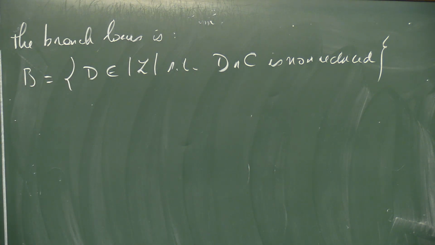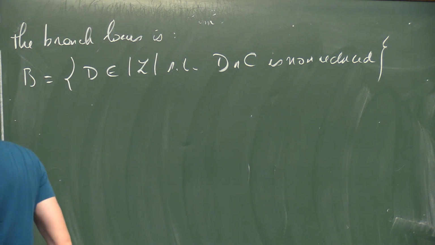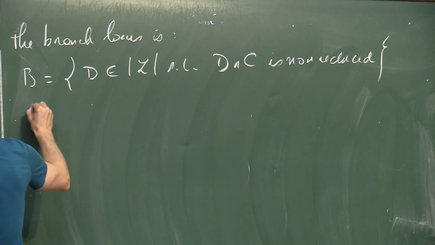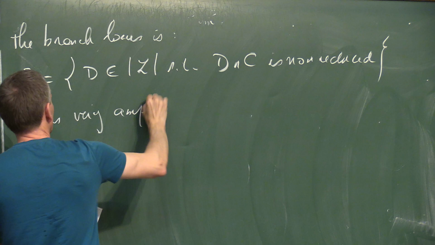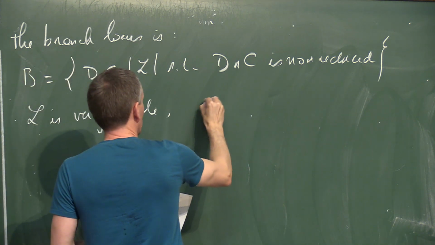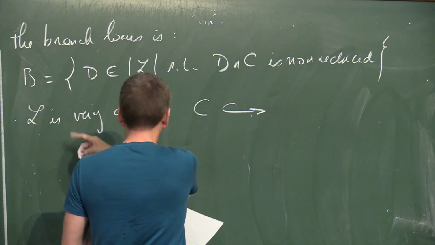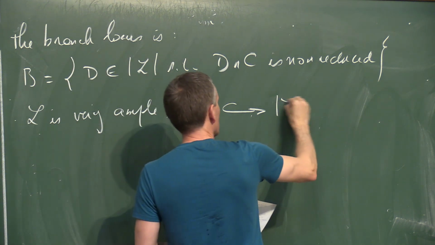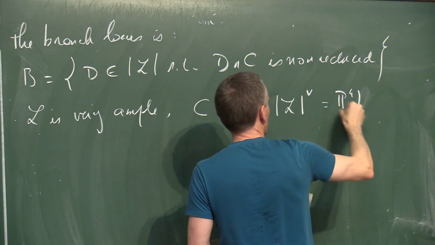So to compute it, we can check that this divisor L has degree 6, so L is very ample. And so we consider an embedding of C in the dual linear system, P5, P4 dual,